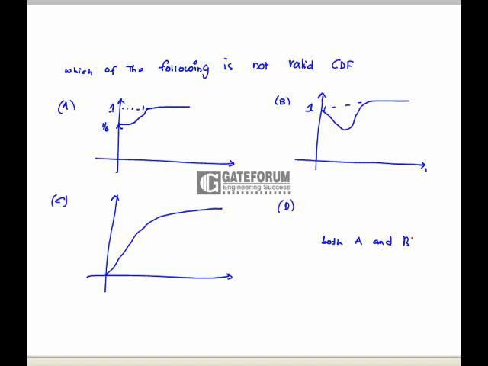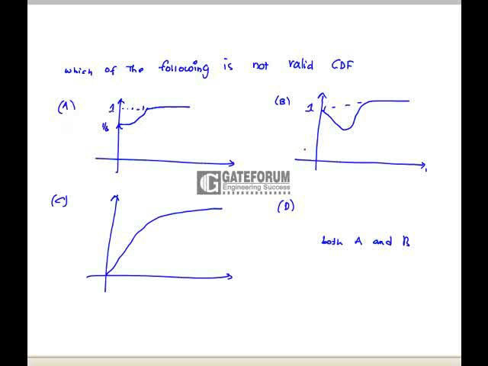Following is not valid CDF. CDF is nothing but a cumulative distribution function, which is nothing but a probability distribution function. Here, the probability distribution function is monotonically increasing because it is the probability of events, so it is a monotonically increasing function. If we observe this property in the given figures, option A is correct because it is increasing, it's not